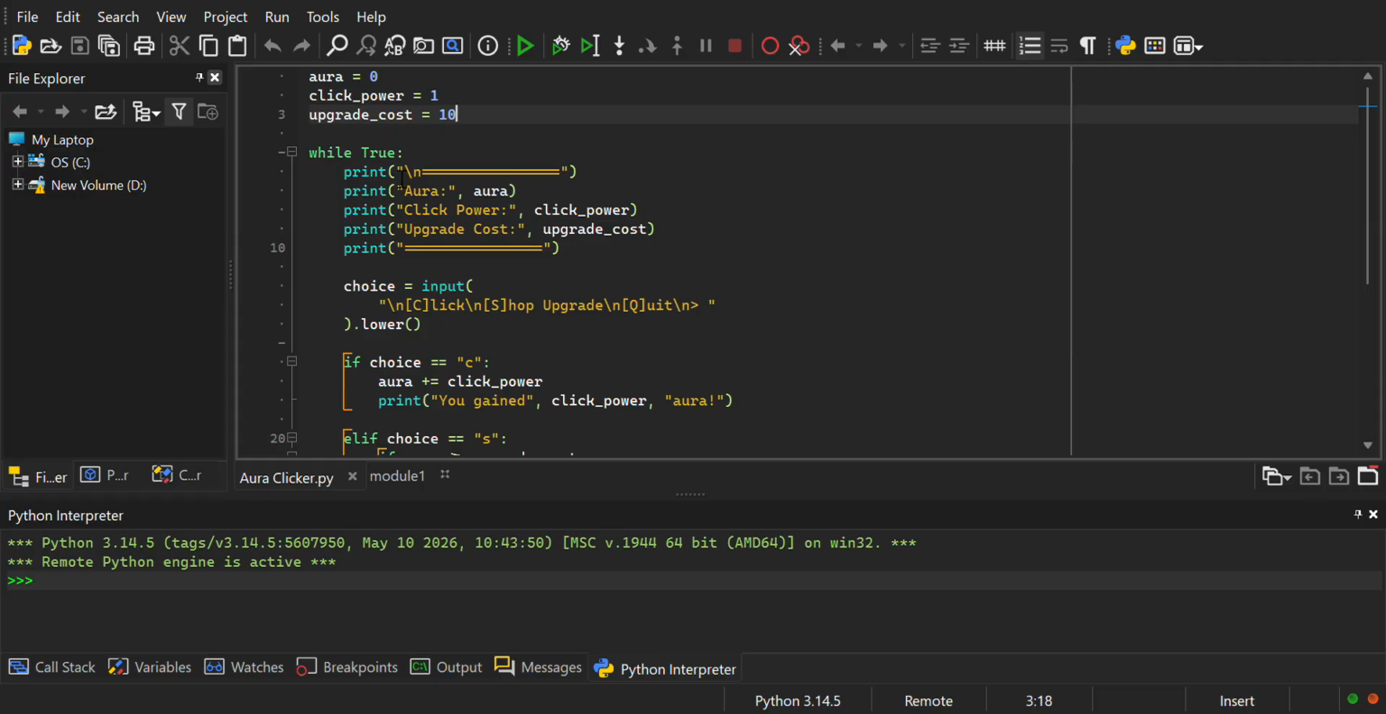So this file is running a while loop to print. It's just like a line. Then print aura, and then it shows the amount of aura I have. Then it prints click power, which is just the click power I have, literally. Like it's the main menu. Like imagine at the corner of a game, and you see some stuff that tells you what you have, etc. And then the upgrade cost, this upgrade cost increases,